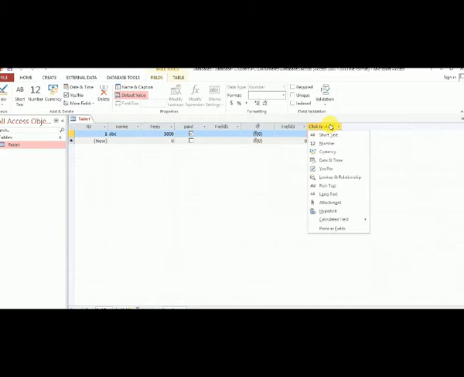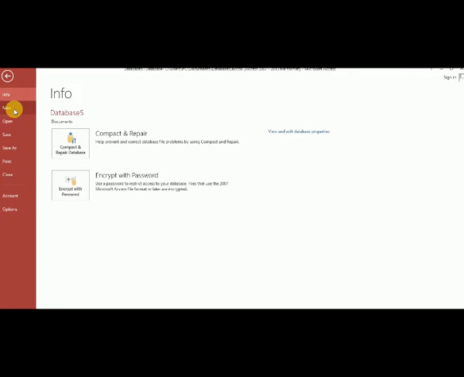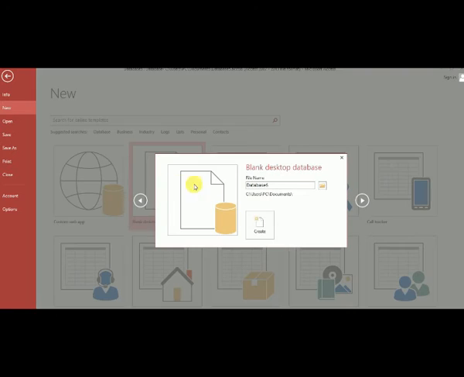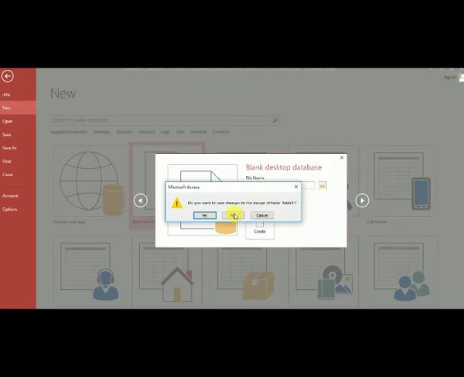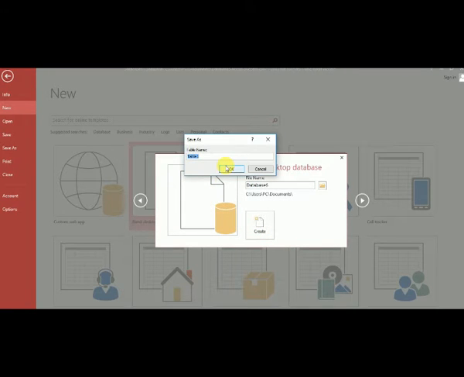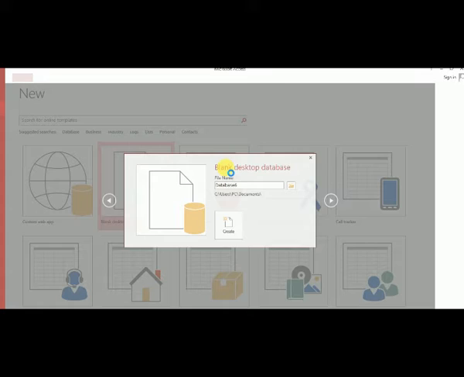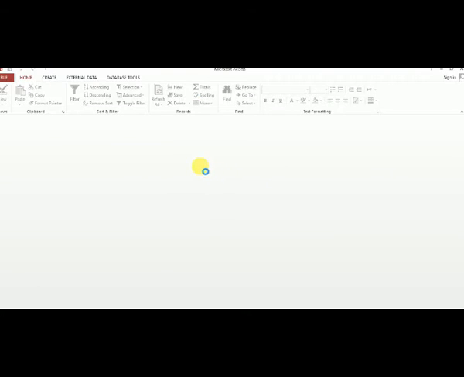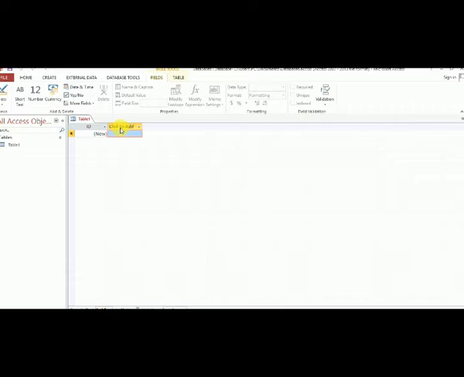Click to add. ID is automatically generated, so no need to change it. Suppose I want to use student roll number.